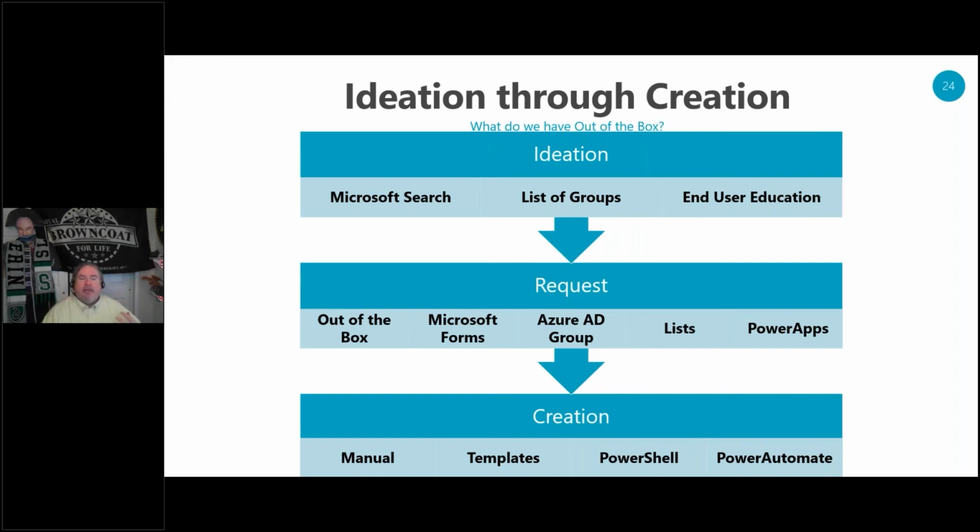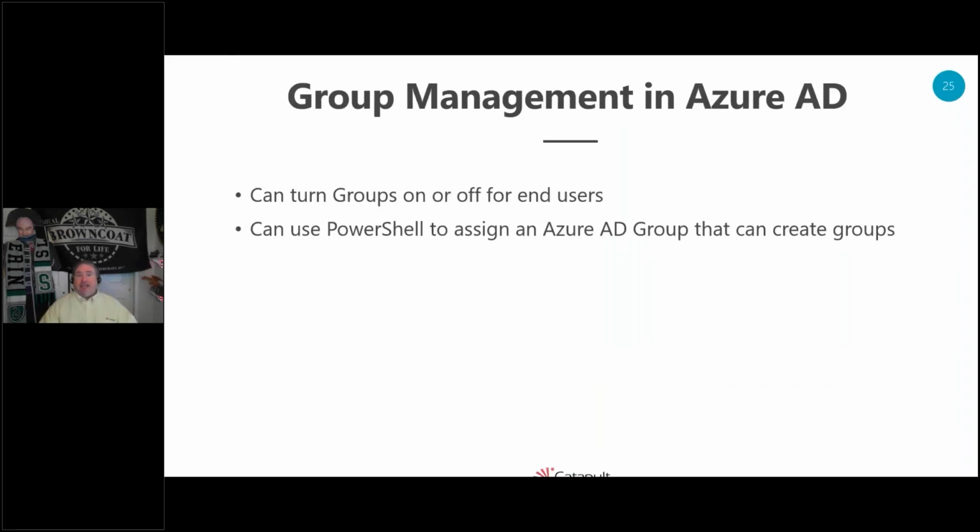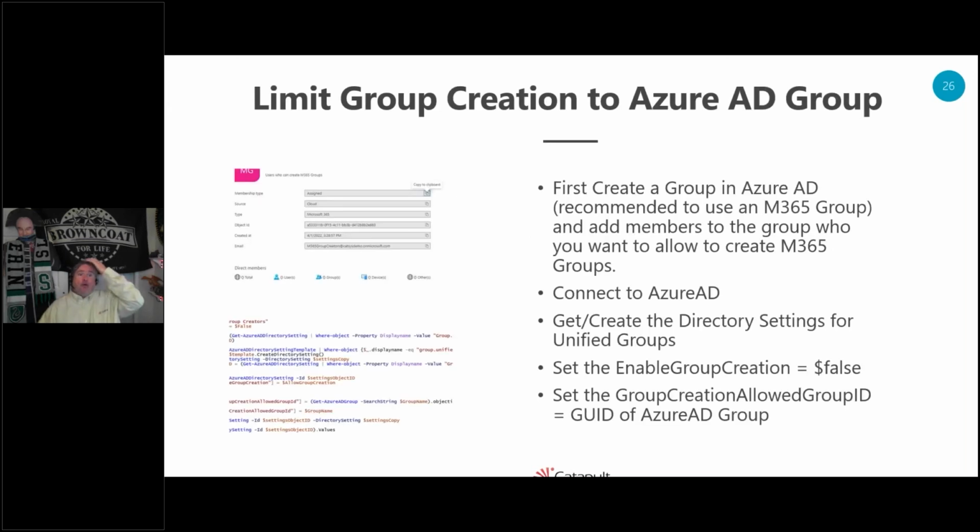So let's talk about kind of how we manage this stuff from an Azure AD standpoint. I can turn off groups. I can make it so groups can't be created by end users in Azure AD, and a lot of organizations do this. I can also use PowerShell to go out and create an Azure AD group that can go out and create groups, and that's pretty straightforward. I need to first create an Azure AD group. I recommend creating a Microsoft 365 group, usually making it a team,